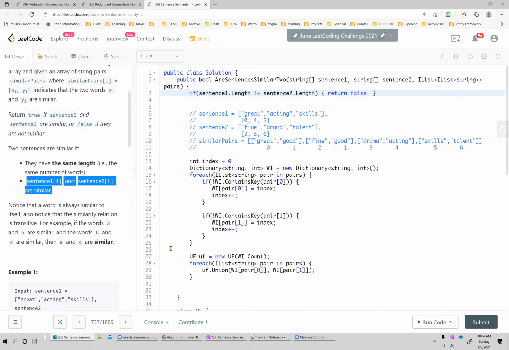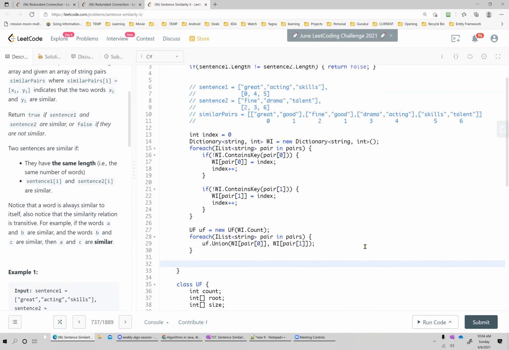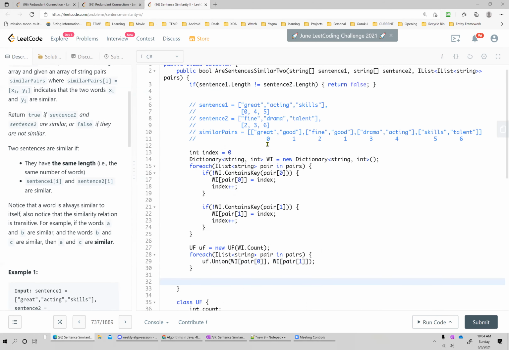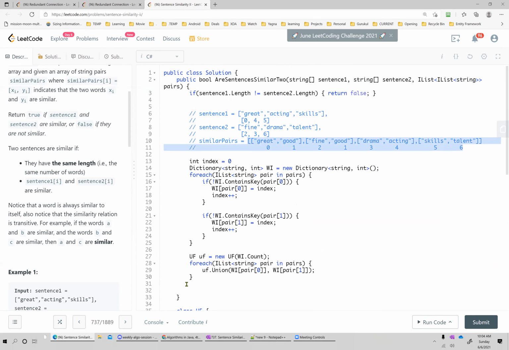All right. So now I have a union find data structure created out of similar pairs. Now I have to go through both sentences, right? And now we know that both are the same length, so I can go through only one. Why do I know that? Because if it is not the same length, I have already written the return. So at this point I know both are the same length, and only then I'm executing this.